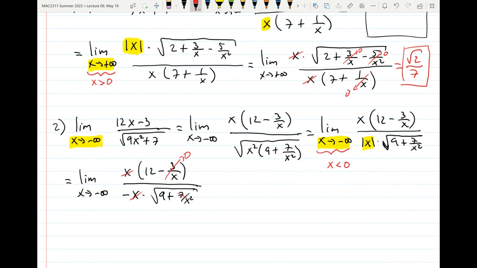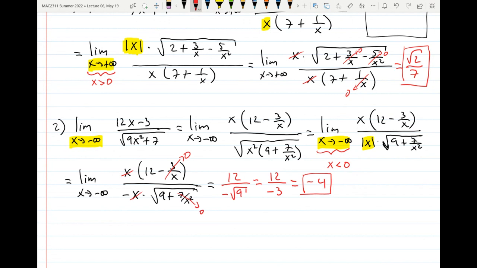This goes to 0, this one goes to 0 as well. So on the top, a 12 survives. Then on the bottom we have a negative square root of 9, which is 3, so that would be 12 over negative 3. So the answer here would be